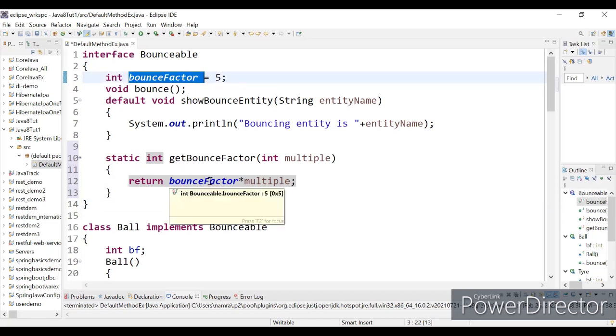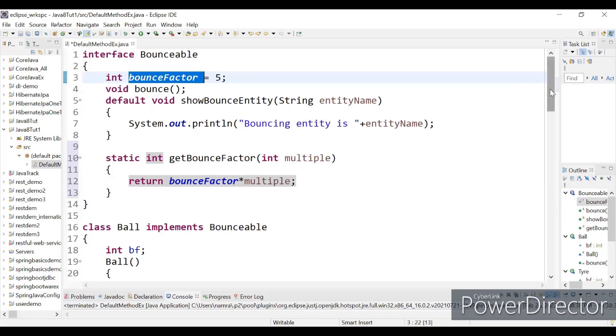Okay, understood. So you know the rule for a static method, that from a static method you cannot refer to the instance methods. Okay, but you can refer to the other static variables or other static methods from inside over here. Okay, so I'm returning bounce factor multiplied by whatever multiple you pass to it.